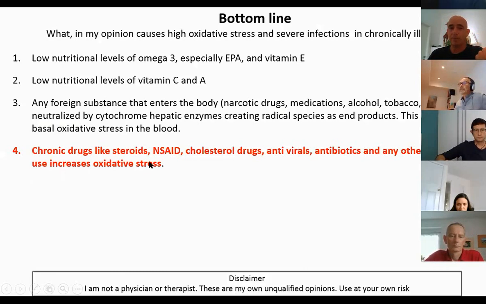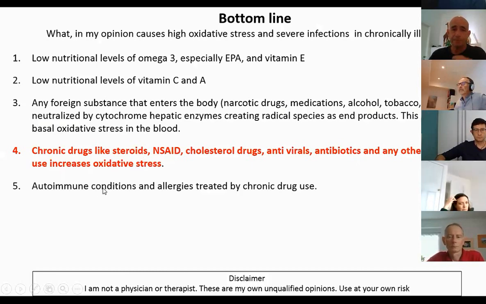Chronic drug use, I'm talking about the drugs which are medications like steroids, NSAIDs, cholesterol drugs, antivirals, antibiotics, and any other chronic drug, increases oxidative stress. Autoimmune conditions and allergies treated by chronic drug use. So if you have a chronic allergy and you use antihistamines every day,